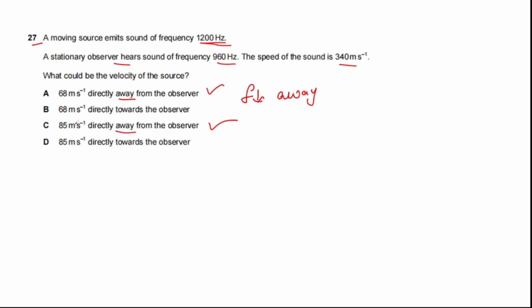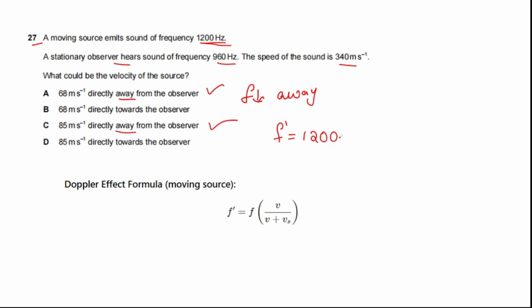And what about the velocity value? For that you can use the formula of the Doppler effect. So the formula is f' equals f multiplied by v divided by v plus the velocity of the source, substituting the moving source's actual frequency, and v is 340, the velocity of sound, divided by 340 plus the velocity of the source, which you don't know. So here the value of f' is